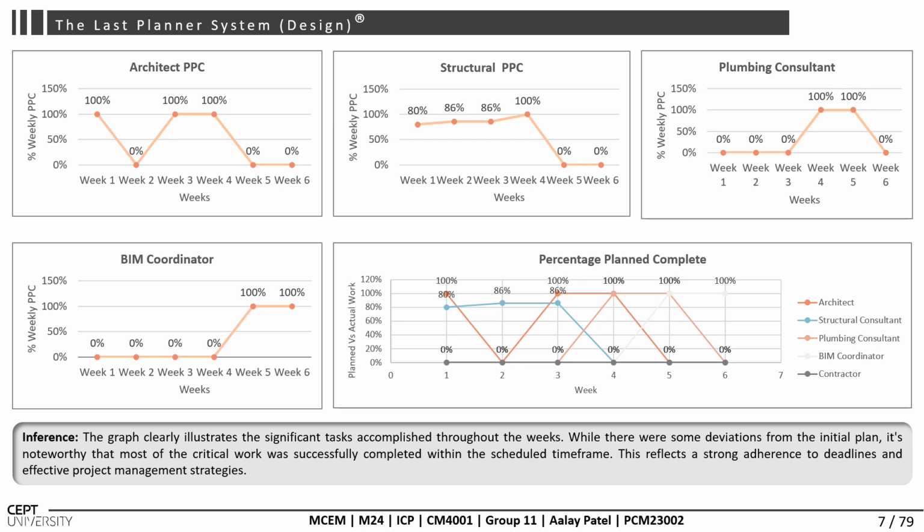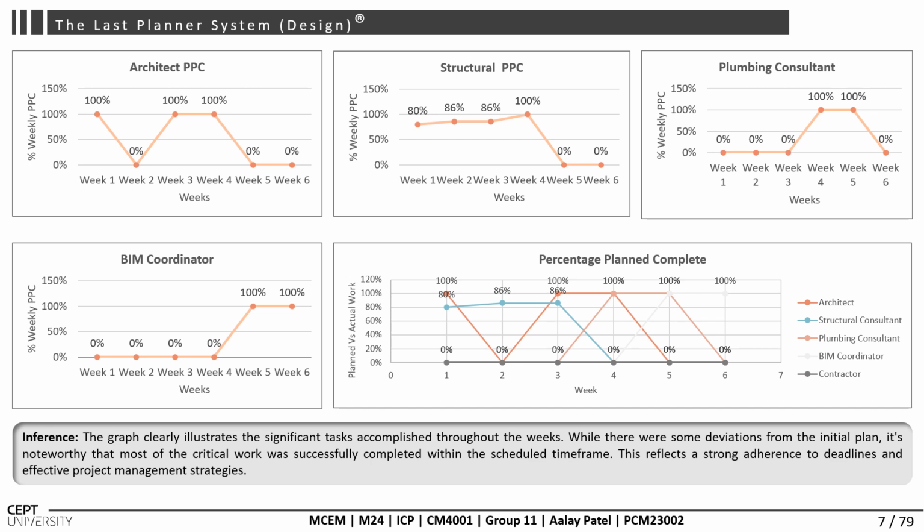We have included several graphs to provide a visual representation of the project's progress and performance. The first graph illustrates the weekly plan percentage complete. It highlights the performance across different weeks. Weeks 1, 3, and 4 achieved 100% PPC, indicating that all planned activities for these weeks were successfully completed on time. The remaining week showed minor deviation, reflecting challenges that were addressed promptly to minimize their impact on overall